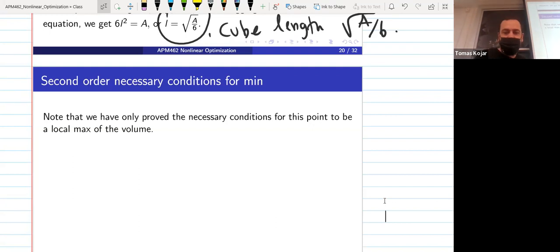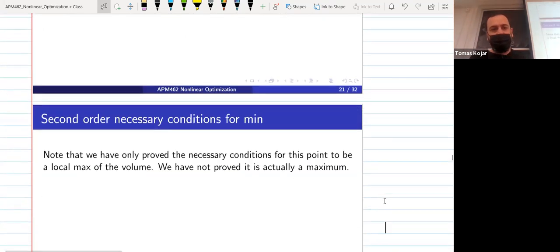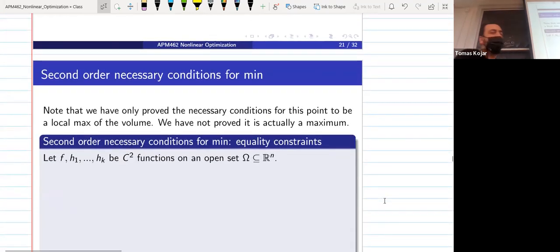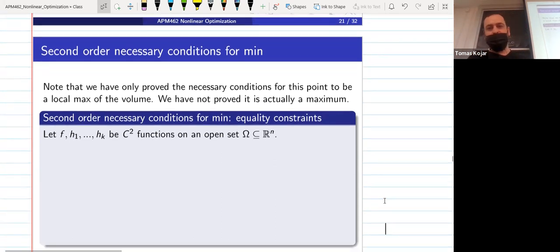So I gave you the minimizer. In other words, I gave you the max volume. Now, if you remember, to get a global min or global max, you need the Hessian, right? Just because, like in your quiz, you had a saddle point, right? You had 3 points. One of them was stationary, but it was neither min nor max. And to check, you had to compute the Hessian. So you have to do the same stuff here. There's no difference.